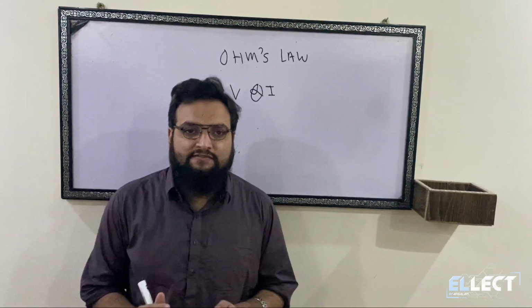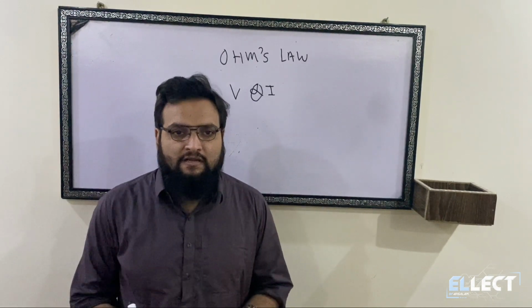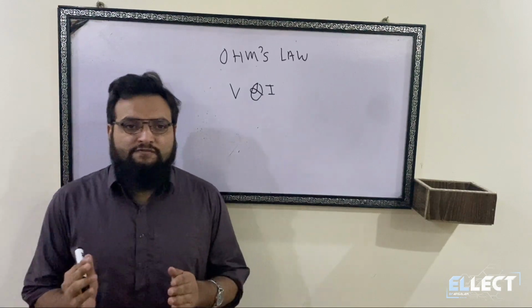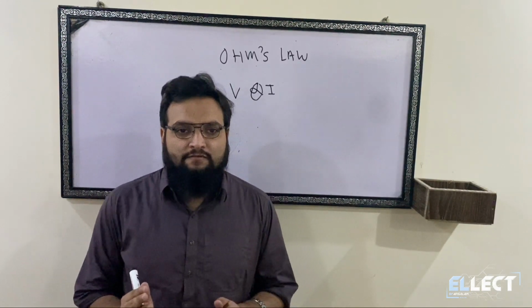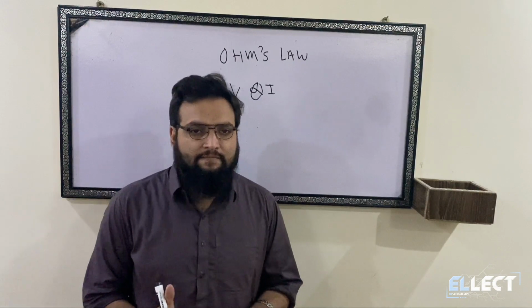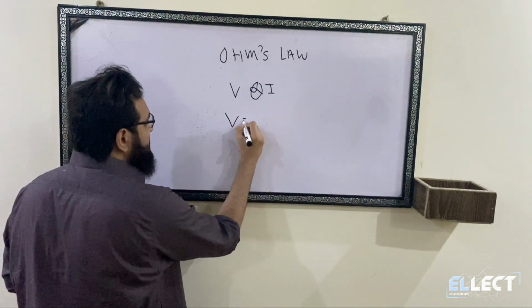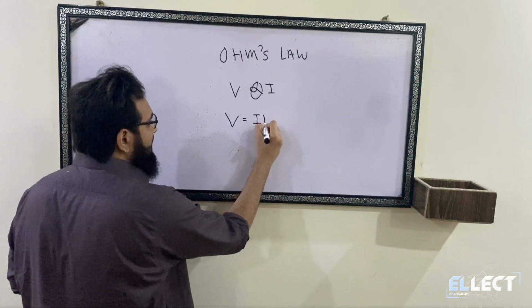As voltage is a dependent variable and current is an independent variable, the constant always lies with the independent variable. Therefore, V is equal to IR,